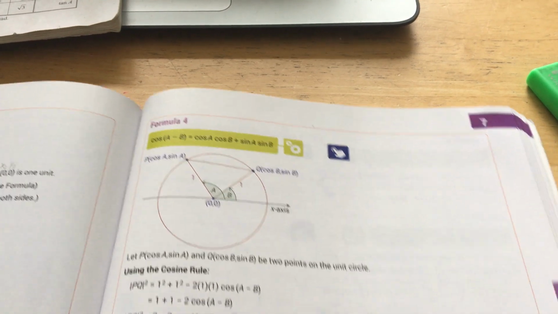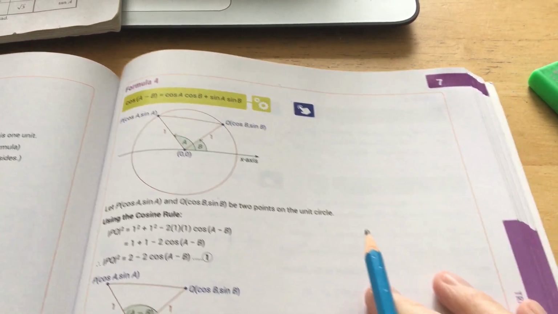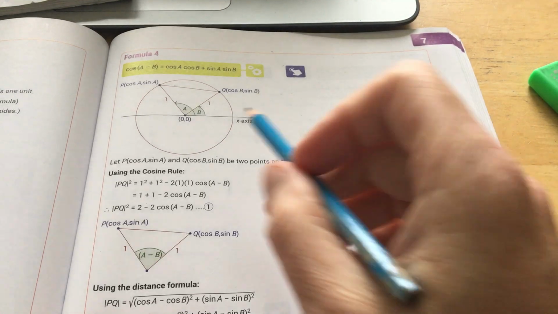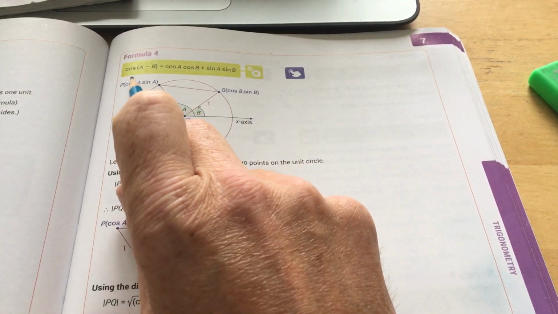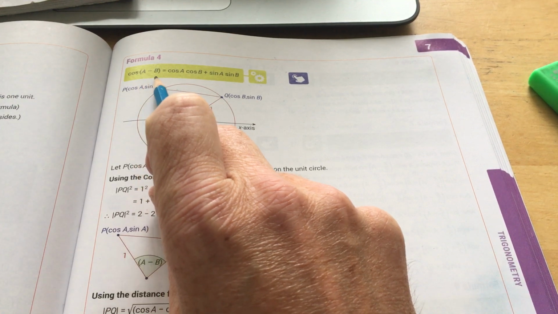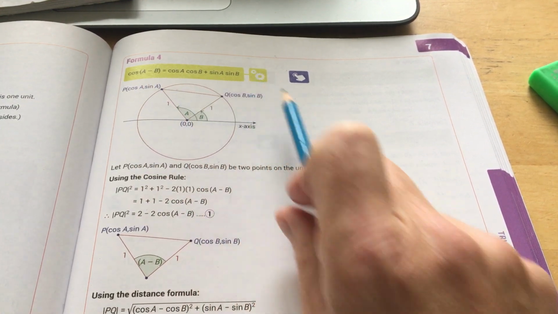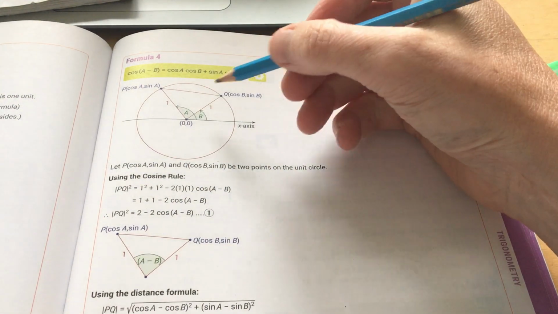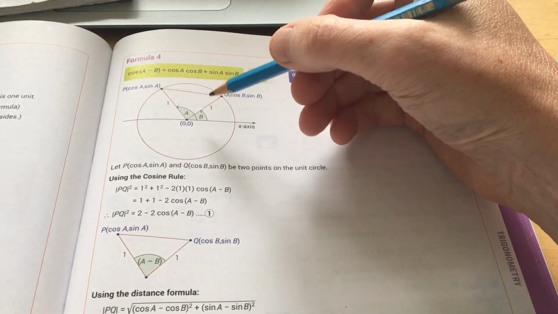So we're going to look at formulas 4 to 6 today. And the first identity is just an identity we're trying to prove: cos of A minus B equals cos A cos B plus sin A sin B. Now what we're going to do here, we're going to show that,